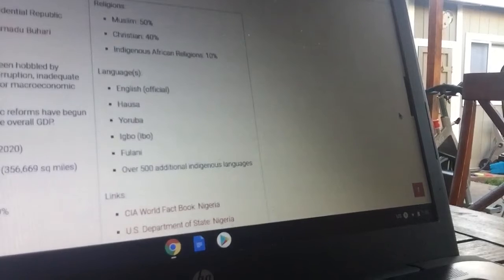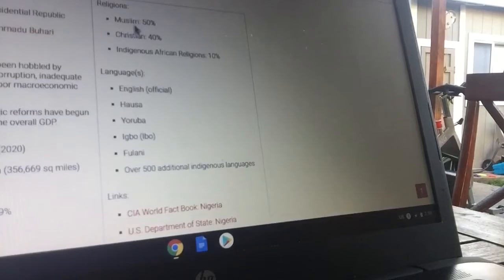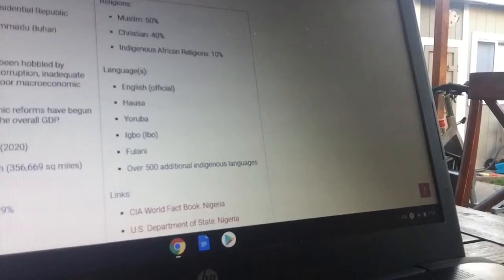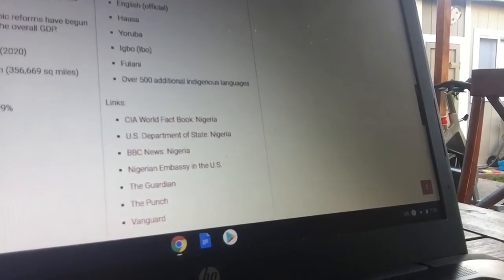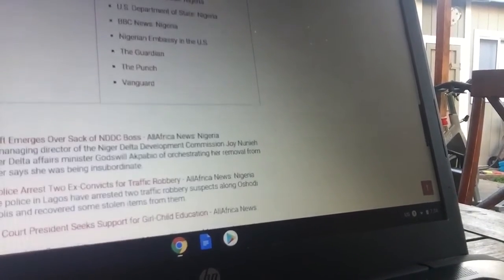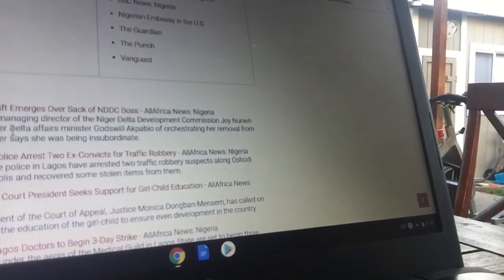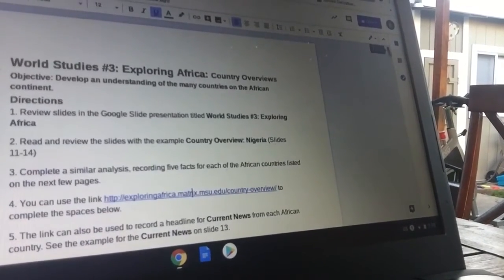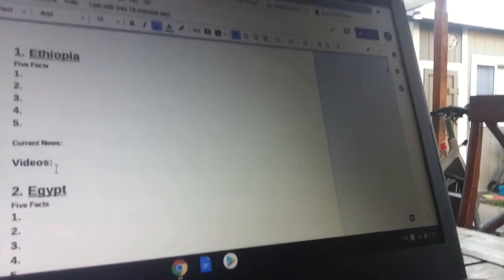5 interesting facts. Maybe you could talk about their economy, their presidential or governmental system, their religious breakdown, the languages spoken there. English is the official language. The amount of people living there: almost 330 million people living in the United States, and almost 215 million living there. So, a big country. And then current news down here. You can just cut and paste one of those into the current news section on your overview right here. Okay. All right, and then find the videos on YouTube, and the instructions are there for that.